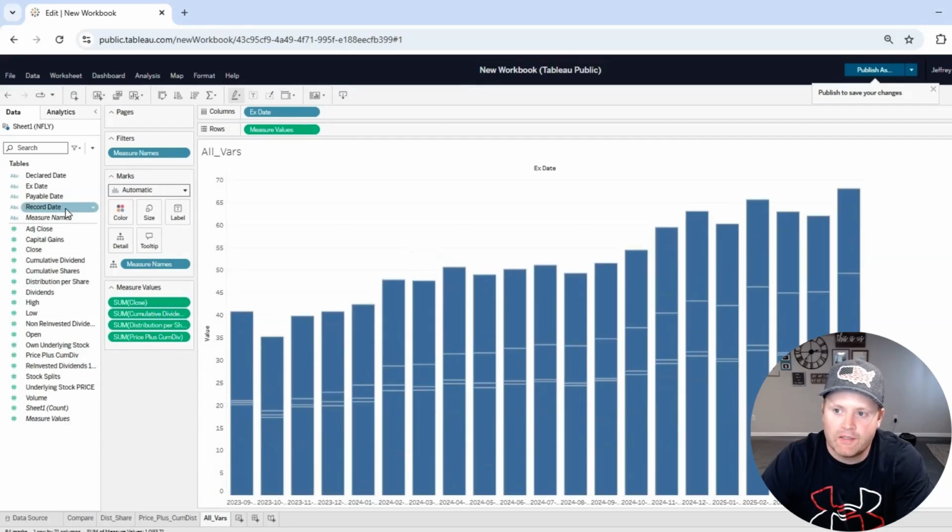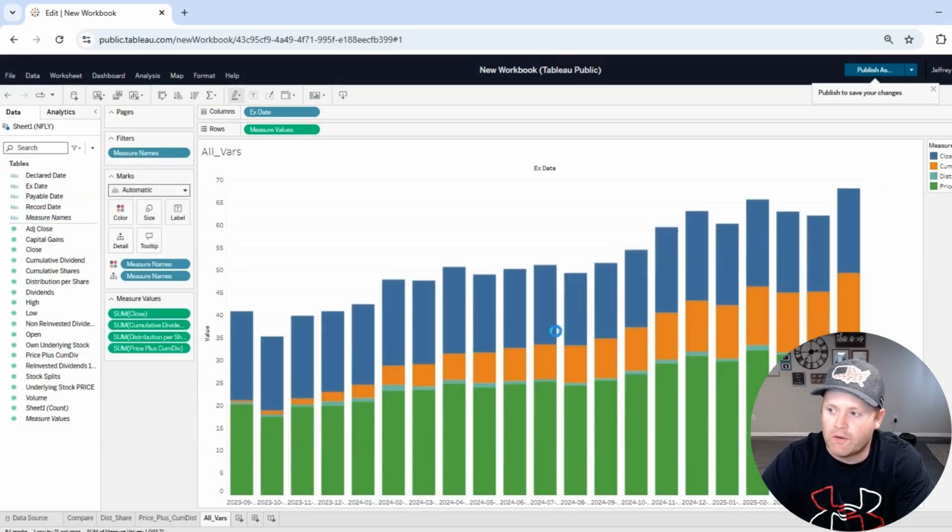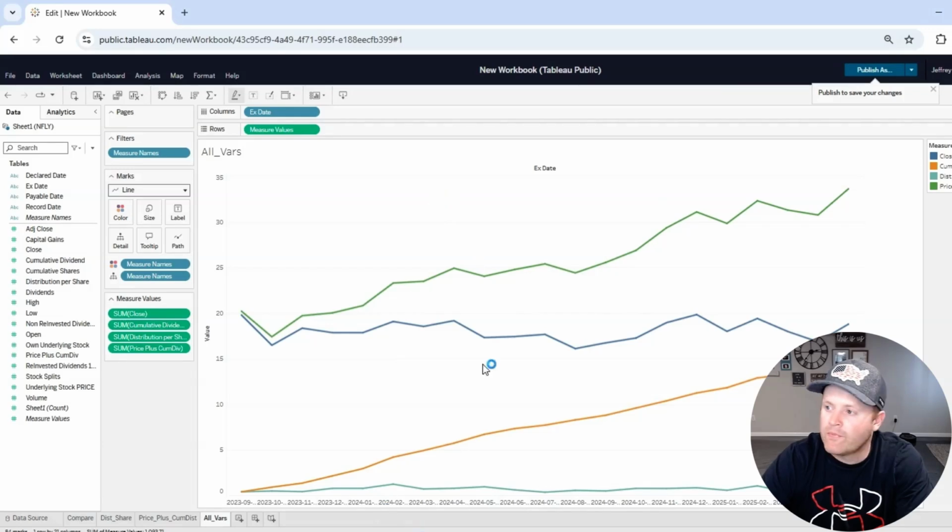Different colors. So measure names into color. As I said before, I don't want the bars, I want the lines. So this should basically show four options. It shows the closing price of the ETF. It shows how much I've made in cumulative dividends over time. It shows what those distributions have been every month. And finally, if you add the blue line plus the orange line, you get the total return, which is in